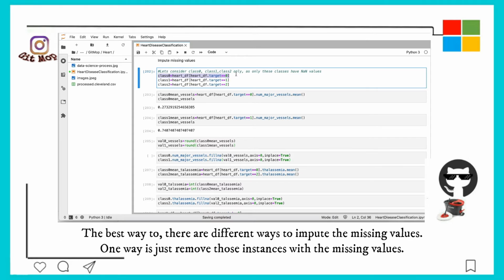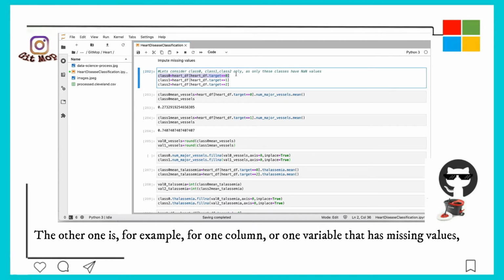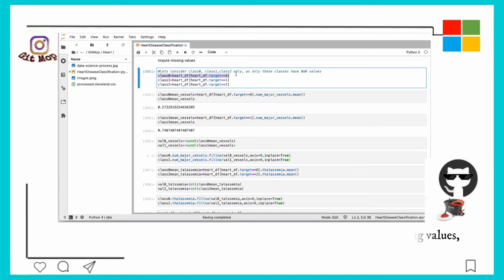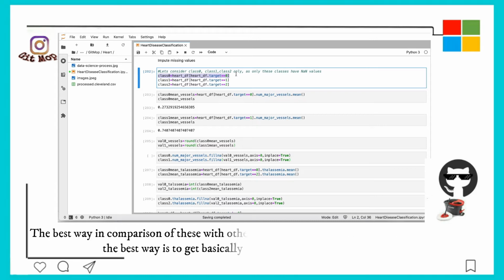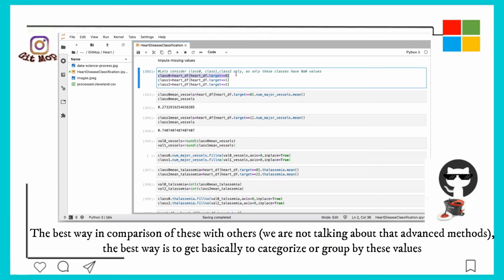There are different ways to impute the missing values. One way is just to remove those instances with the missing values. The other one is, for example, for one column or one variable that has missing values, you take the mean or mode and then replace those missing values with that number. The best way, compared to these two others, and we are not talking about the advanced methods,